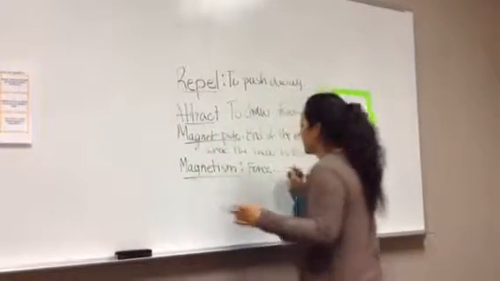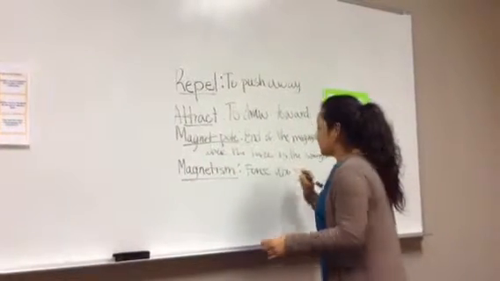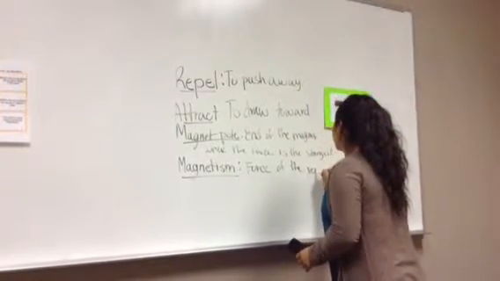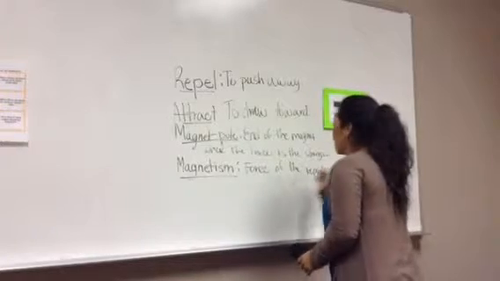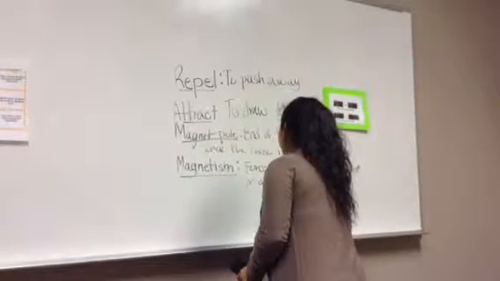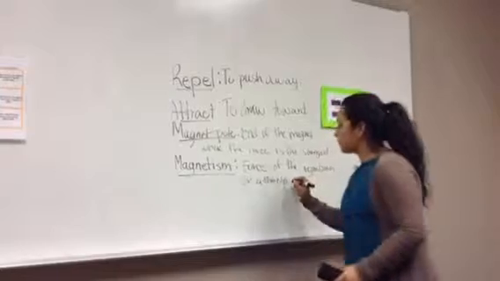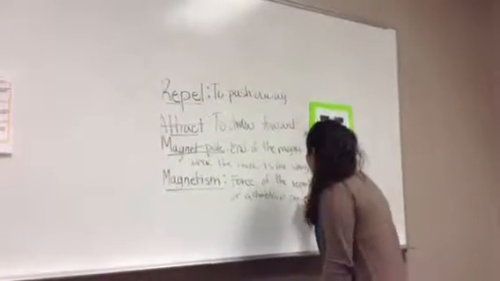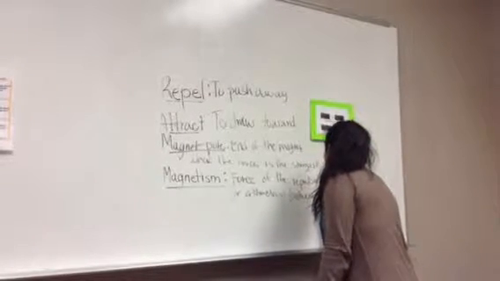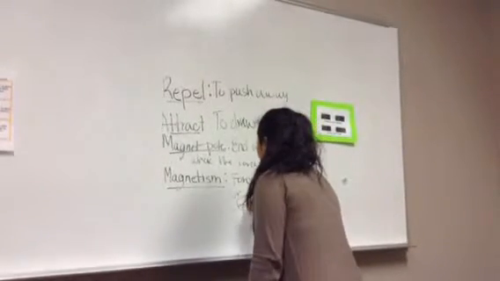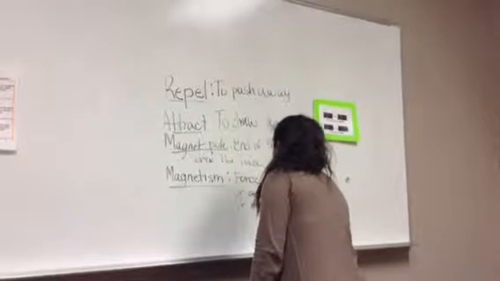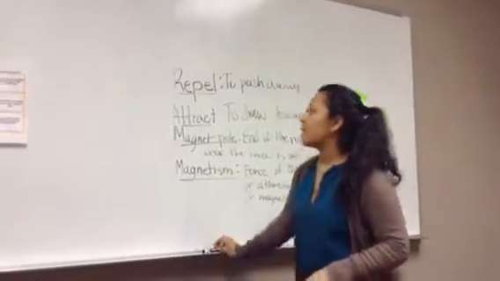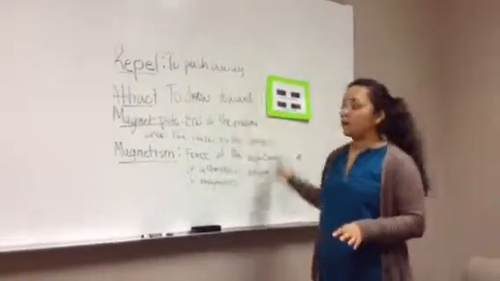So to shorten it down, I'm just going to put the force of the repulsion or attraction. Force, so go ahead and write that down in your journals. Of the repulsion or attraction. Everybody writing it down? Between poles of magnets. Okay, so now that we know our vocabulary,